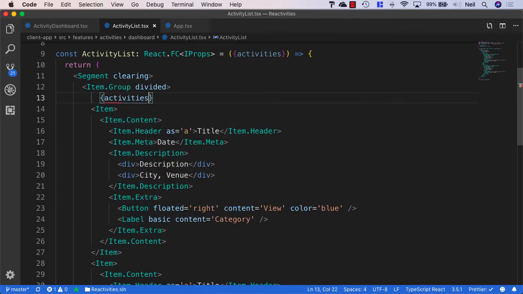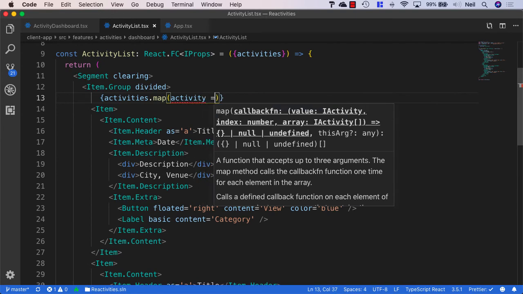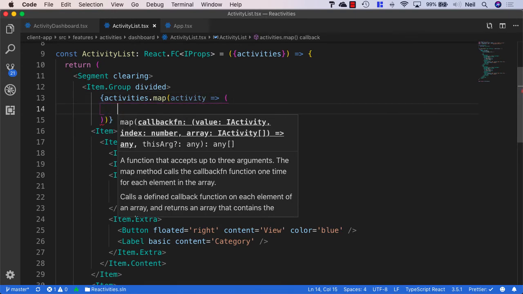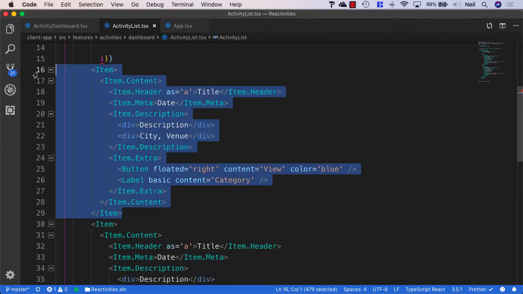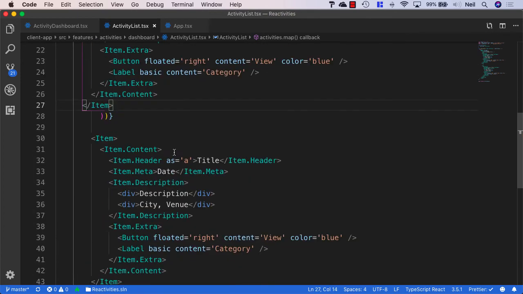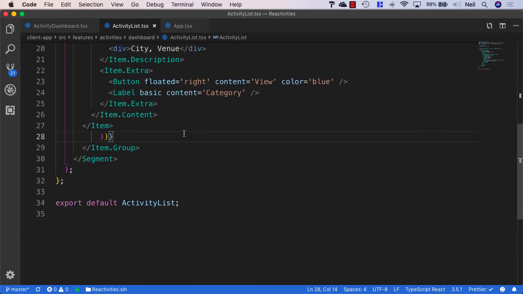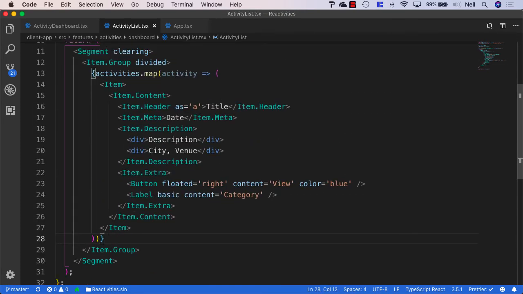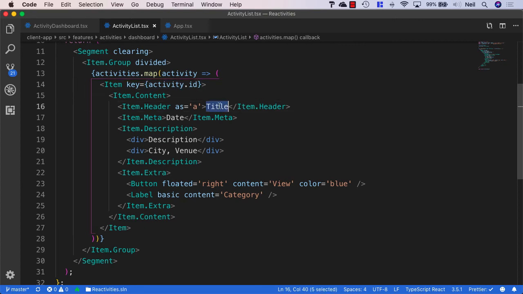So I'm going to say activities.map, and then in here I can specify activity, and then inside this expression I can just copy one of my items and cut and paste it inside here and remove the second item that we don't need. And I'll just come up and reformat, and we'll need to give our item a key. So we'll give it a key and we'll say it's the activity.id, and then we'll swap title for